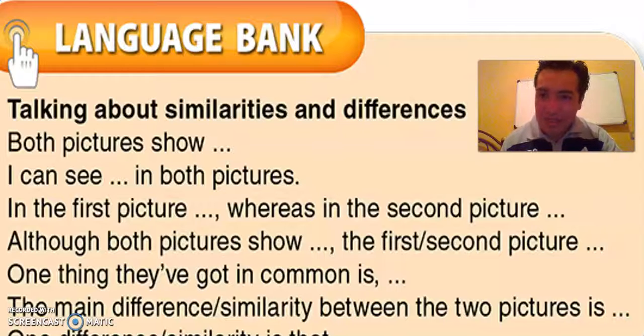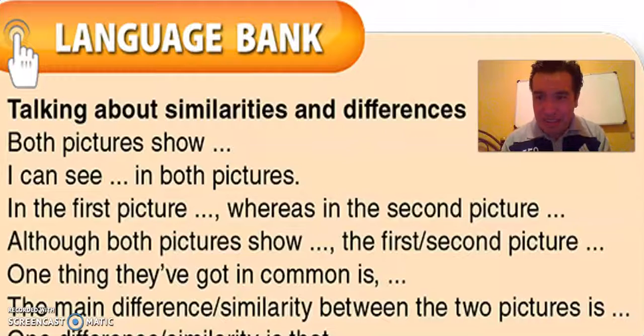The same with the other expression, like here it says, I can see in both pictures. For example, I can see mountains in both pictures. I can see elephants in both pictures. I can see televisions in both pictures. I can see a ceremony in both pictures. I can see a wedding in both pictures, and so on. Well,